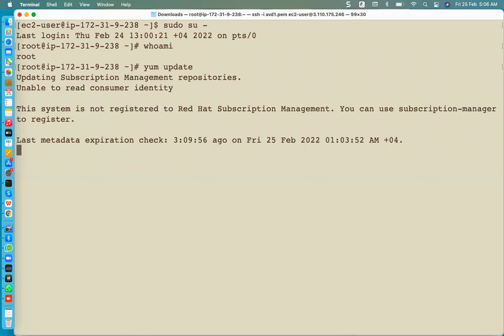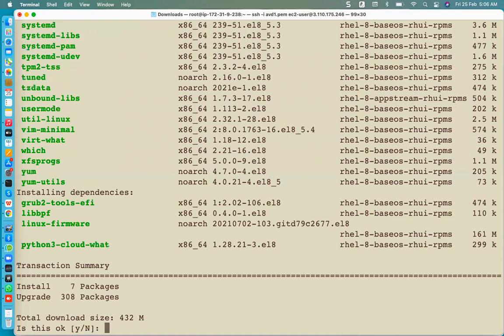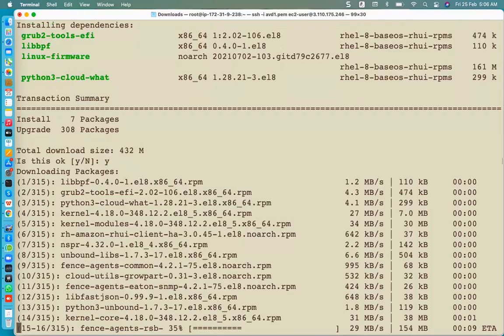If I execute that yum update, then it shows how many packages it is updating. So these many commands are going to be updated. It will install 7 packages and it will update 308 packages. It is again asking me for confirmation, and it is going to download 432 megabytes of data for new updates. So give a y here because it is asking either y or n. So put a y and it is